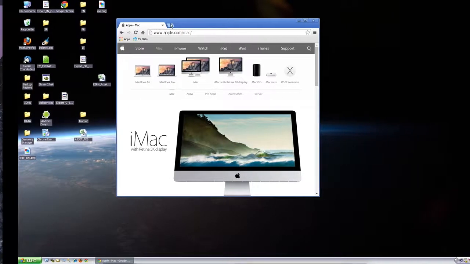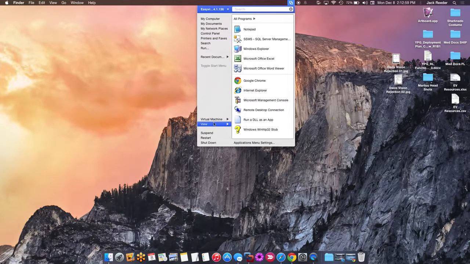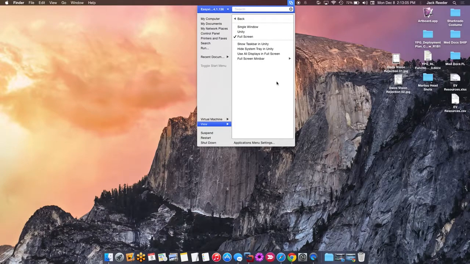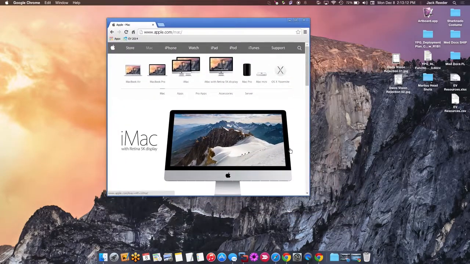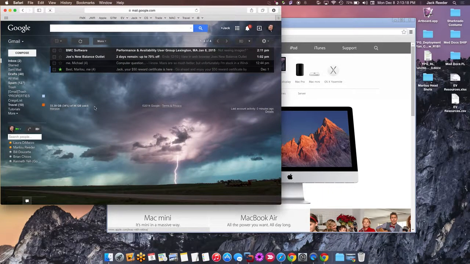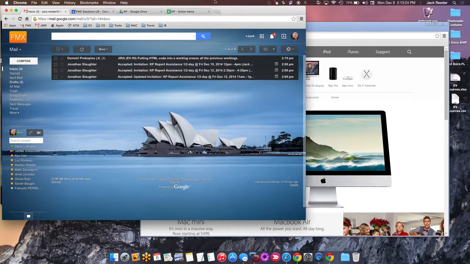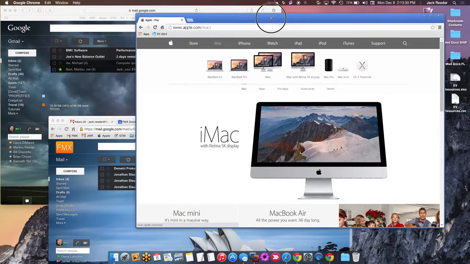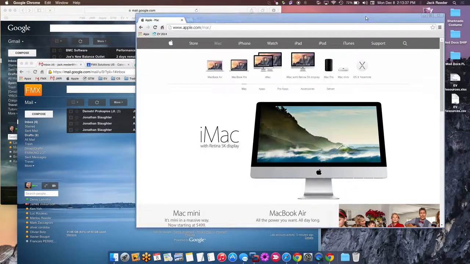It works really well. And another really cool thing about the Mac is it allows me to take the Windows environment and view it in the Mac environment. Let me see if I can switch this for you. If I switch to Unity mode, my Windows are visible on my Mac right along with my regular Mac applications like Google and here's Safari. So these are all different windows open on the same platform. This one's a Windows browser, this one's a Mac Safari, and this one's Mac Google Chrome, all on my Mac